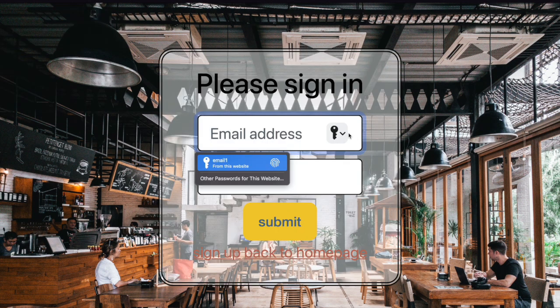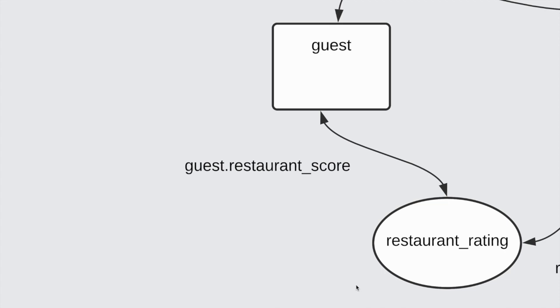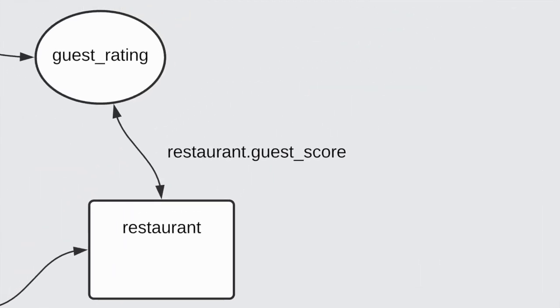For login, sign up, and review capabilities, I created a Postgres database using SQLAlchemy. One challenge I faced was initializing a connection between my tables to allow for the functionality of Kickback. I wanted a guest user to leave a restaurant review, a restaurant to leave a counter review on that guest in response, and then I wanted that response displayed on the guest profile page for them to read.